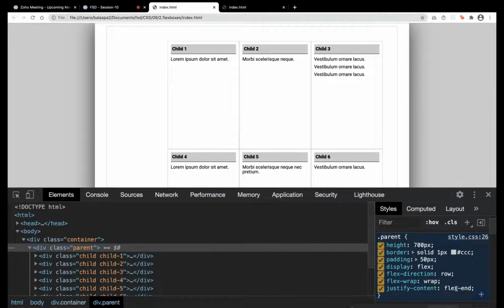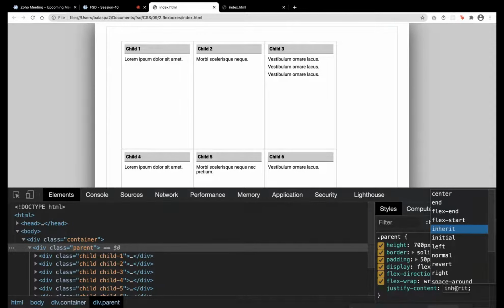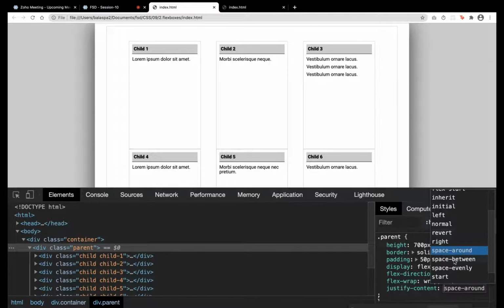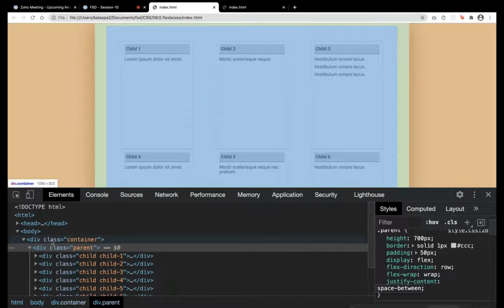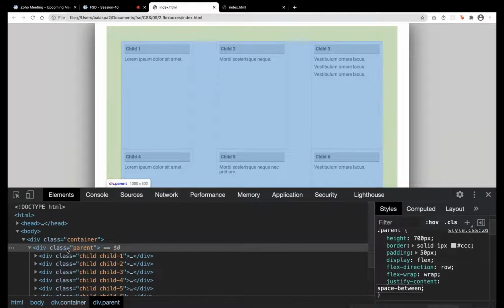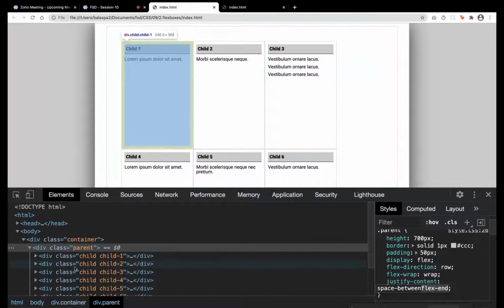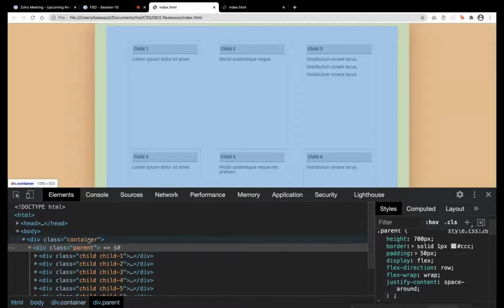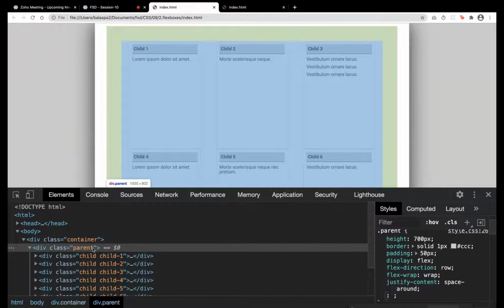I give it like this. And there is space around, and I can give space between. So between, I need space. Here child 1 starts here and child 3 ends here, and in between I have added some spacing. But if I give space around, some spacing will get added on the left and right sides. While working, you can see how it is getting applied. Now, if you see, left of child 1 and right of child 1, some space is getting added.